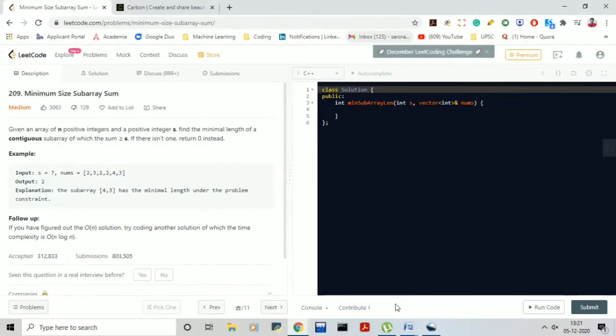Today we are going to discuss a very simple question called minimum size subarray sum. This question comes under the medium category inside LeetCode. The question is pretty straightforward. You'll be given some array of n positive numbers, and you'll be given some sum s or something,